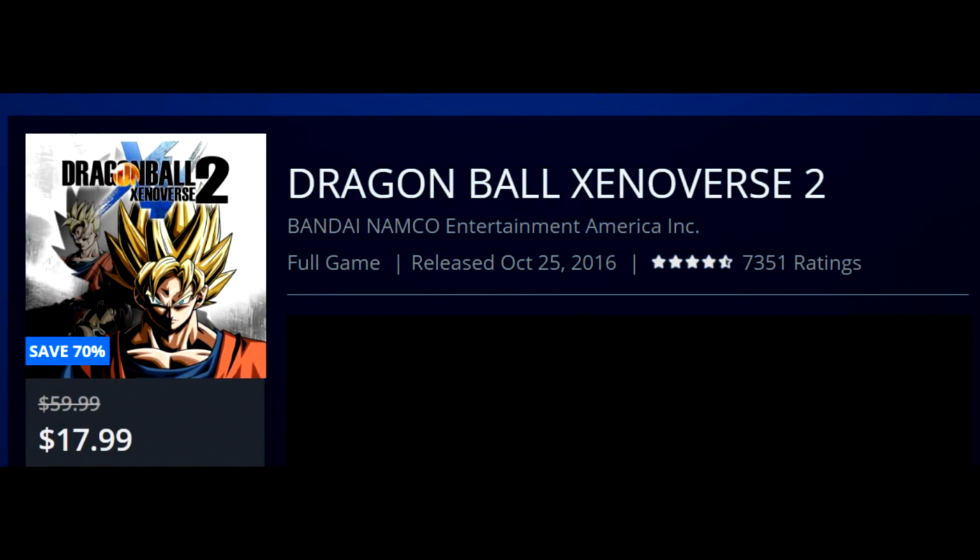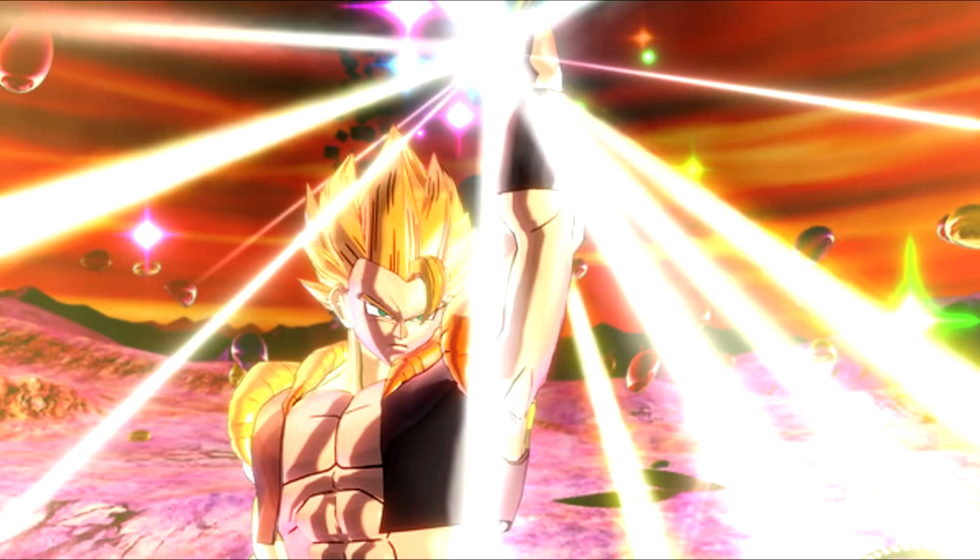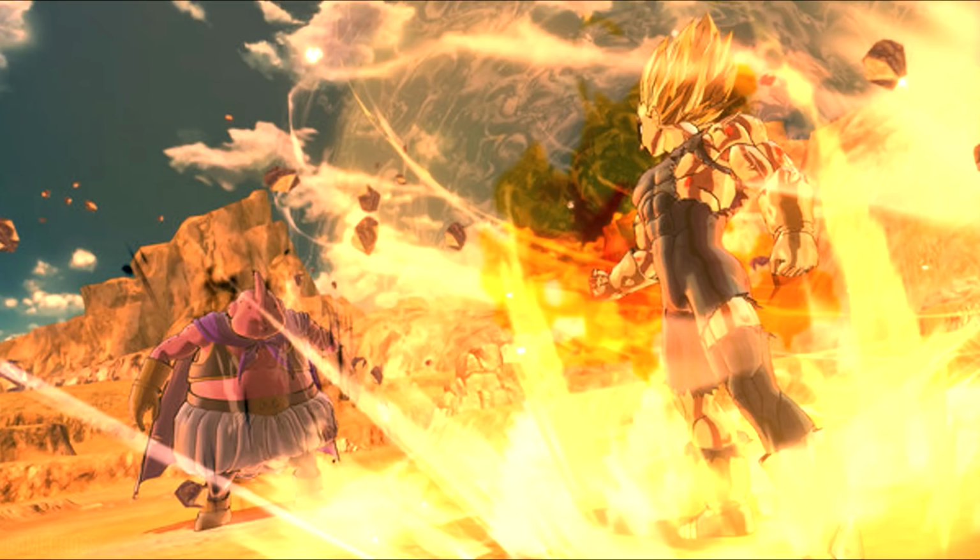Next up, we have Dragon Ball Xenoverse 2 for $17.99. Now, I know that Dragon Ball FighterZ has already been released, but the Xenoverse games are far different than the Dragon Ball FighterZ games. The Xenoverse titles are a little bit more arcadey, a little bit more story-driven. They've got a pretty robust single-player component to them with a lot of customizability, a good amount of content, and